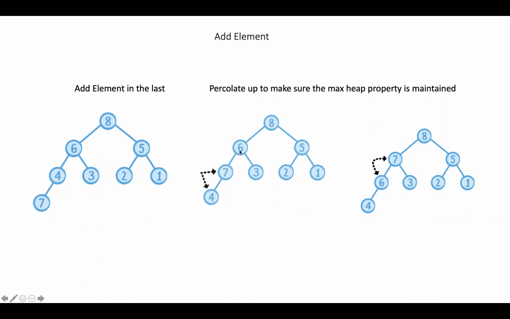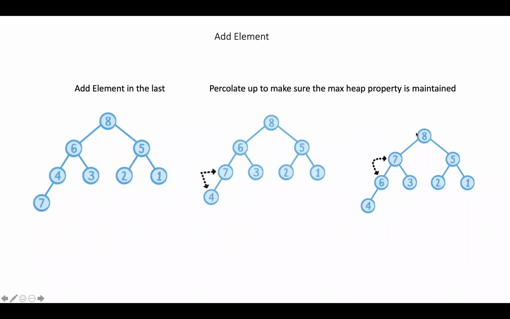Again, I will check 6 and 7, who is bigger among these two. Obviously 7 is bigger, so I will swap again. Now 7 has come up to this position and 6 will come to this position. So this will be my heap.